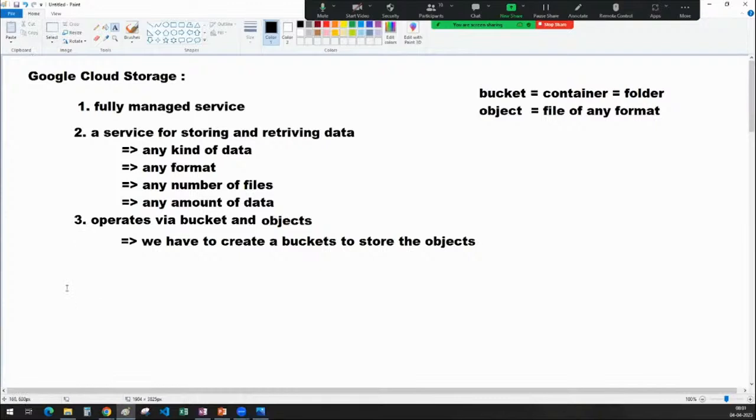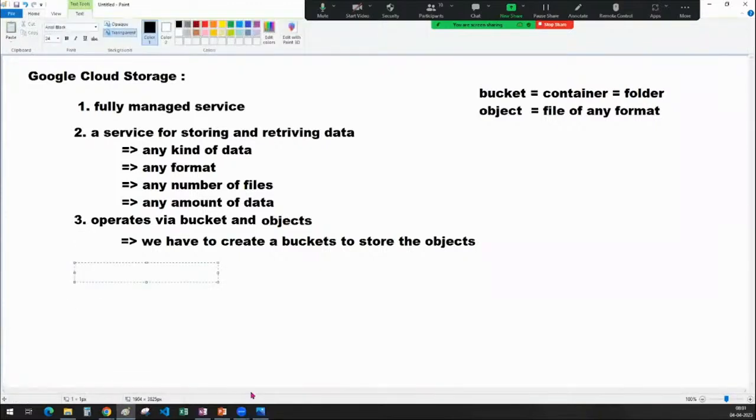So far everything seems good. The fourth point I want you to understand is that Google Cloud Storage allows worldwide storage and retrieval. What does that mean, sir? I do not know. One more basic concept is coming, sir. You have to understand there is a concept of